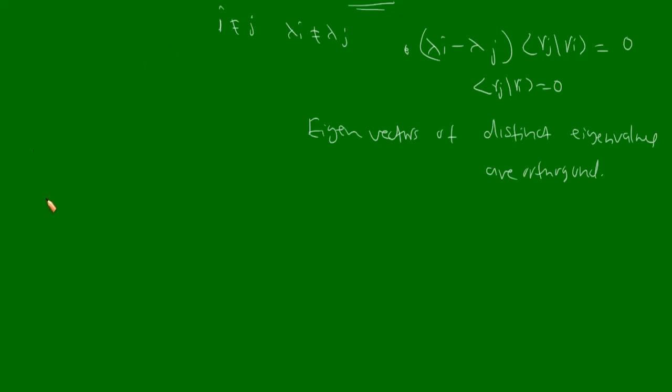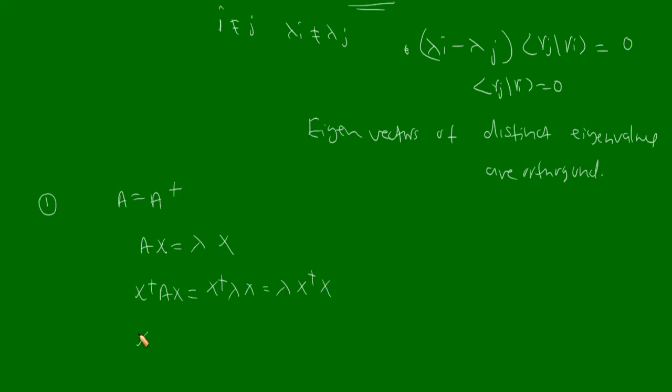Now let us prove the same theorem without using bracket notation. So first I will prove that eigenvalues of a Hermitian matrix are real. So if you have a Hermitian matrix A, then A will be equal to A dagger. Okay, now I can write down, suppose X is the eigenvector, then A operating on X gives us lambda times X. Now if I pre-multiply this equation by X dagger, then X dagger A X will be equal to X dagger lambda X. Since lambda is a number, I can take lambda outside, lambda X dagger X.